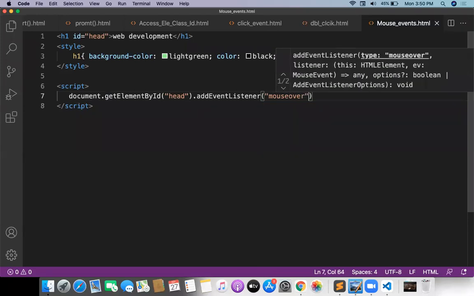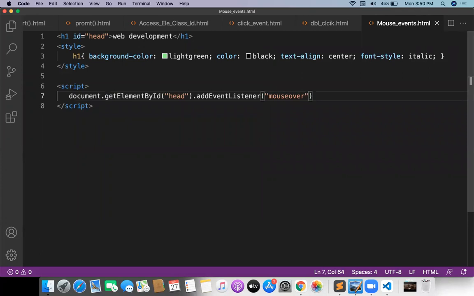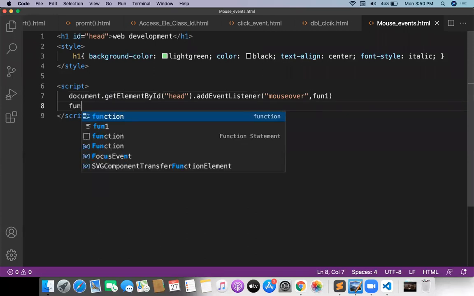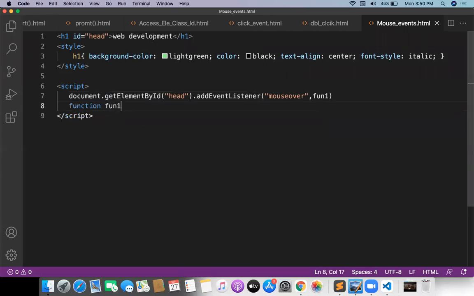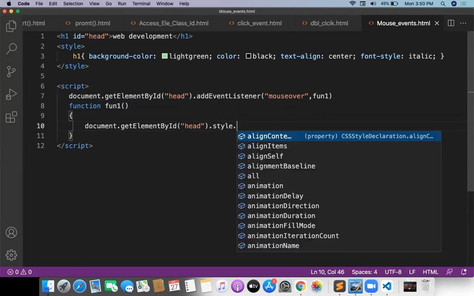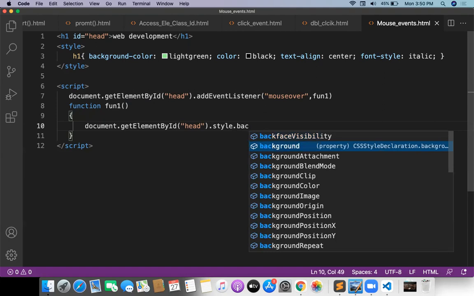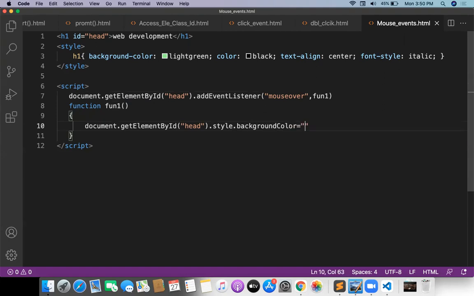When I do mouse over, I want to call function one. For function one, I want to write something like head dot style dot background color, changing from light green to light blue.